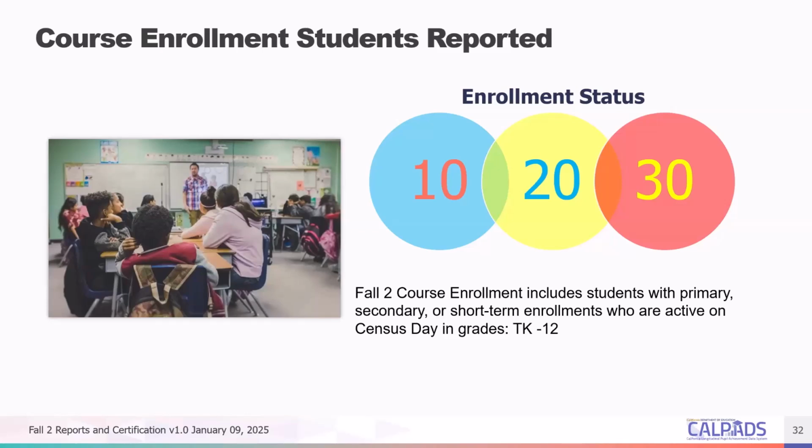So if you have teachers or staff that are assigned to a preschool site, that school site's code is associated with being preschool. Do not submit the records for those staff members as teachers, and then that bleeds into administration and pupil services. If you have staff members that serve preschool students in addition to TK through 12 students, you may not want to assign them to the preschool site. You might consider those staff members district employees.